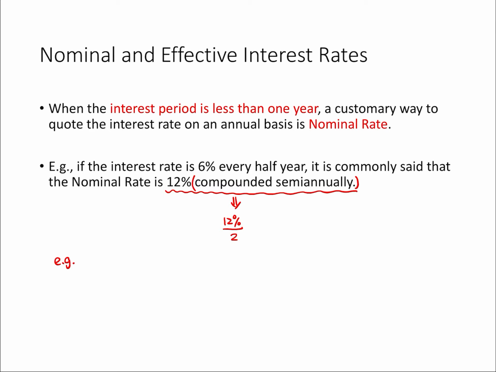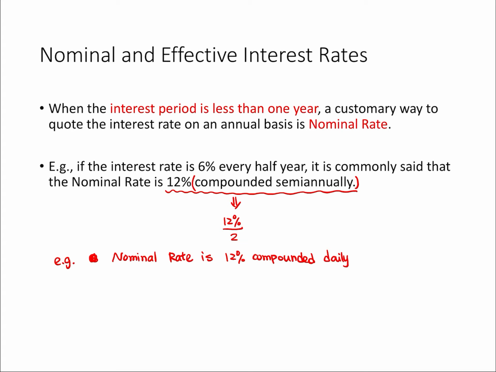So another example, if you are given nominal rate, it is always an annual rate, okay? You don't have to say that all the time. If somebody said nominal rate, it means it's annual rate, okay? So nominal rate is 12% again, but compounded